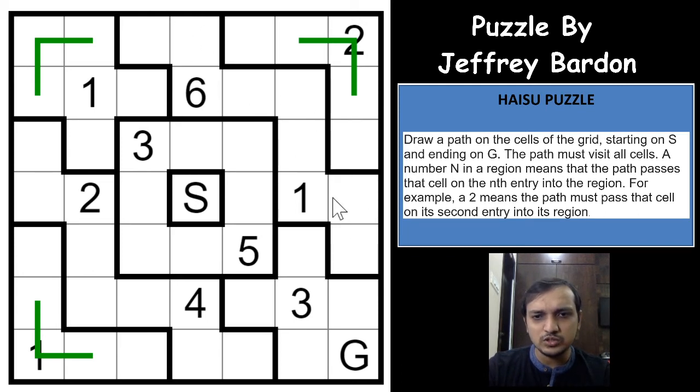So this will take 2, this will take 2, and this will take 2, and all the others will take 1, right? So which means that you cannot have a cross here. The moment you have a cross here, this path will have 3 cells used in this region, which is not possible, which means that we can mark this here this way. It's a really great logic here, a very difficult one, I would say. We have to see the patterns of a region and the numbers that are indicated in the region to help us solve this puzzle, right? These kind of puzzles. And do you get anything else?